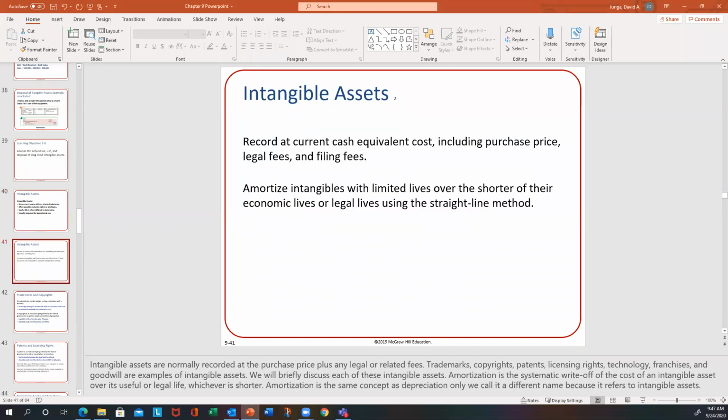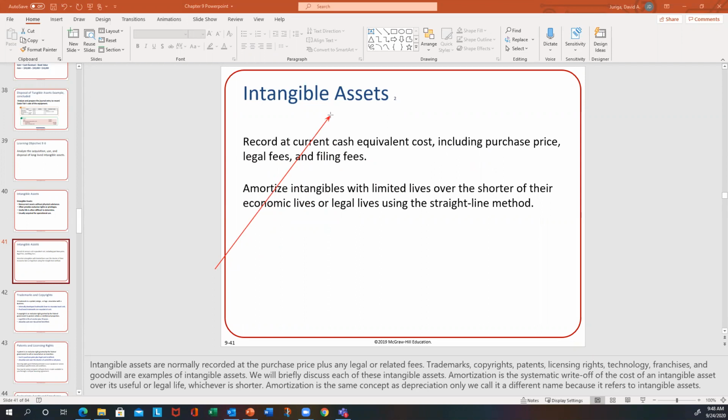Okay, so just the basic types of things in terms of cost. Again, you could have the purchase price. You could buy a patent. You could buy an invention. You might have to file legal and filing fees, and all those things would be relevant to figuring out the cost of